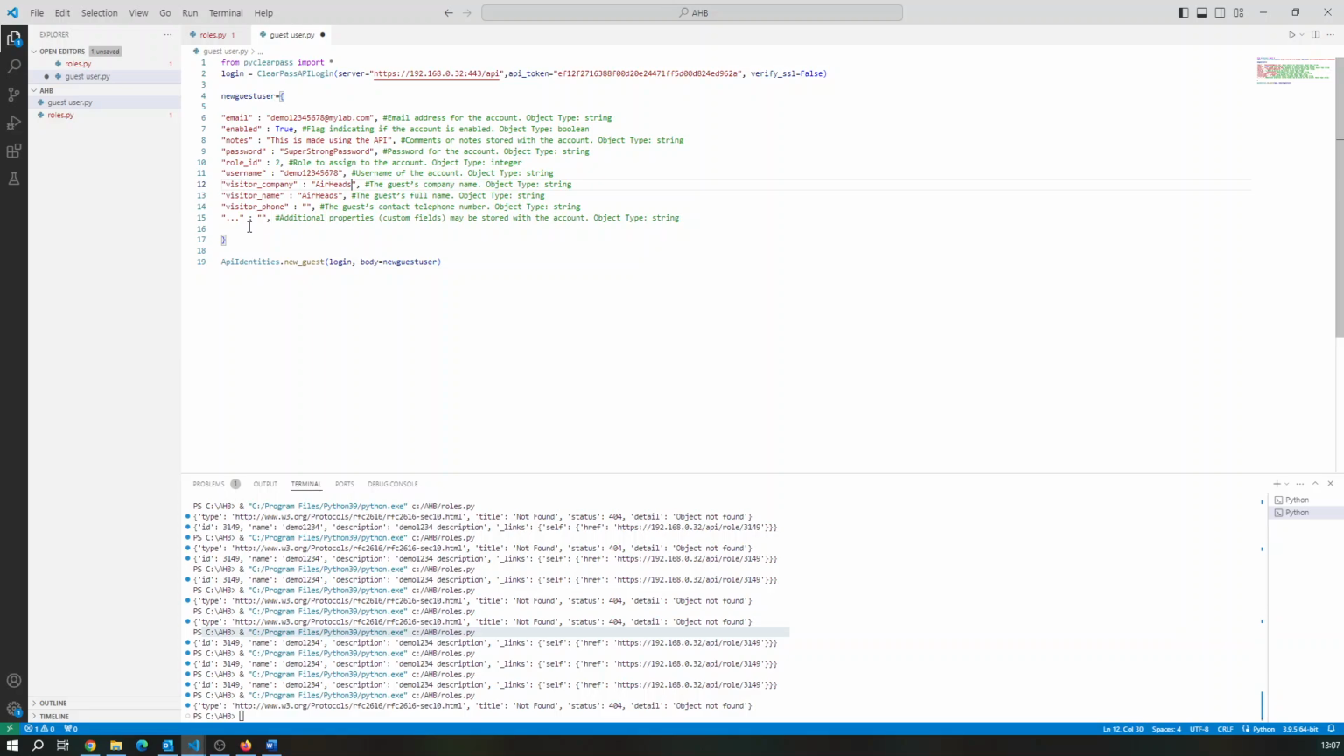Okay, and this bit down here is for additional attributes that you would attach with that particular object in the guest repository. We're not doing that. I'm not going to assign a phone number. Notes, true. Yeah, okay, I think that looks alright. Okay, and we've got our